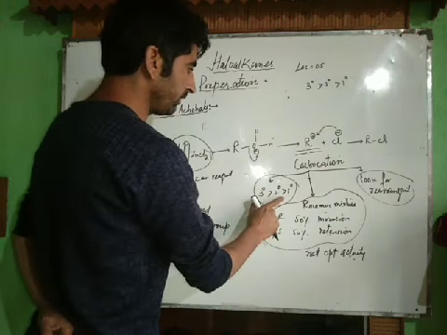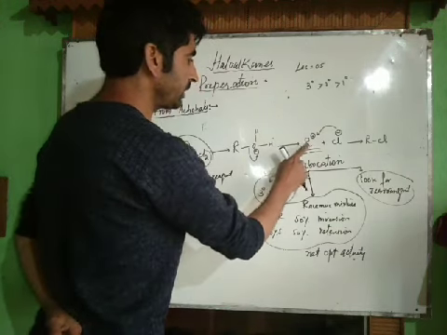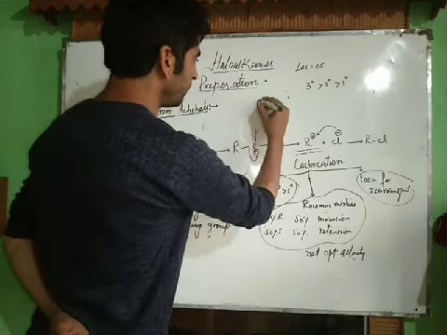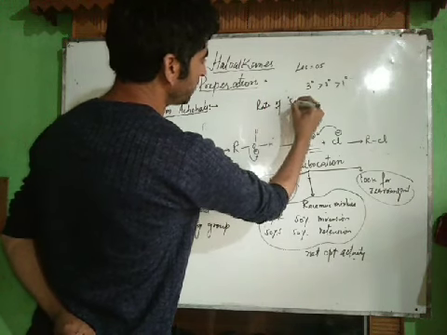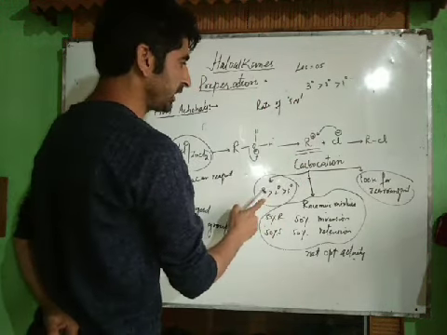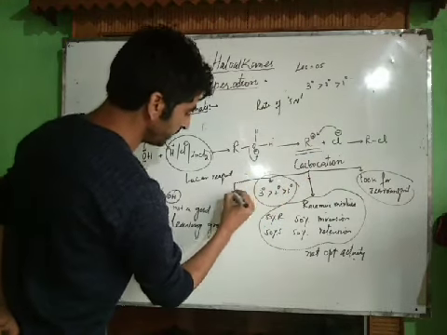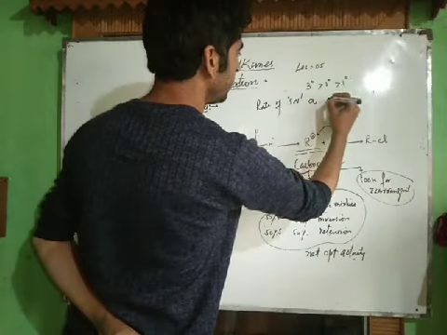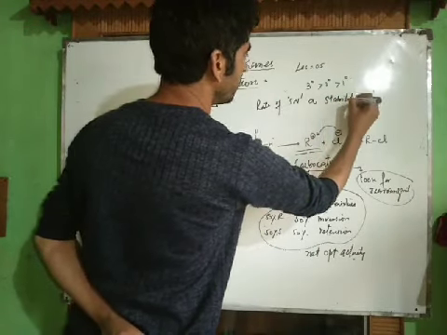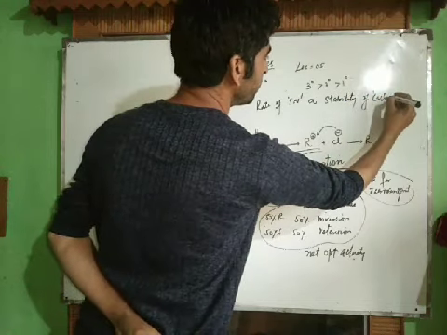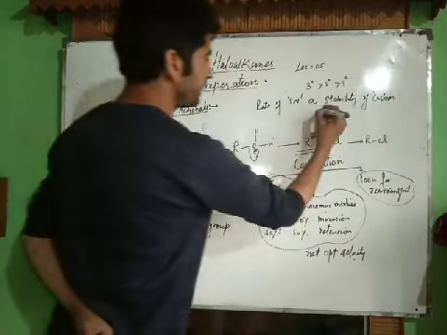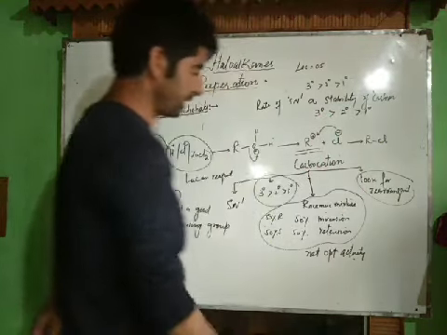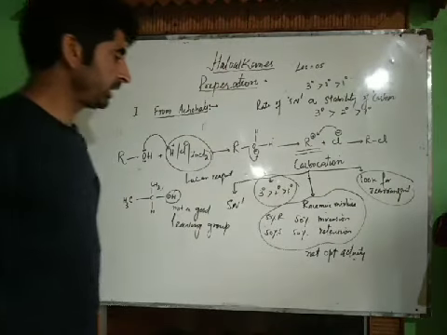We can determine the rate of reaction, because rate of reaction in case of carbocation intermediate depends upon the stability of the carbocation. This will certainly be an SN1 reaction. Whenever carbocation is formed as an intermediate, SN1 reaction takes place. Rate of SN1 reaction is directly proportional to stability of carbocation. The more stable the carbocation is, the more will be the rate of reaction. Hence tertiary will be more stable, then secondary, then primary carbocations, then methyl.